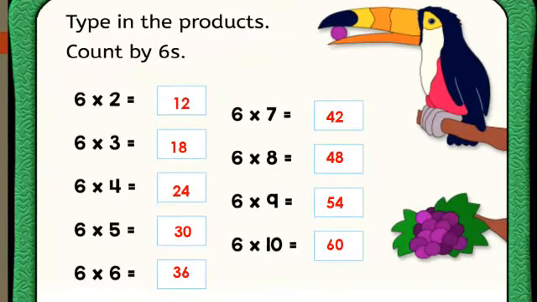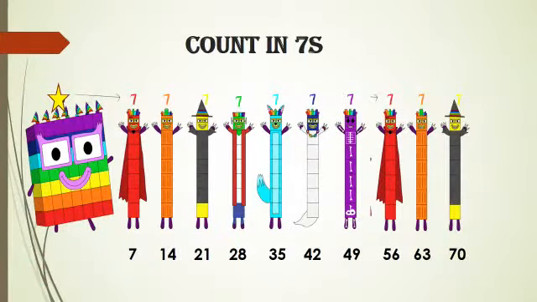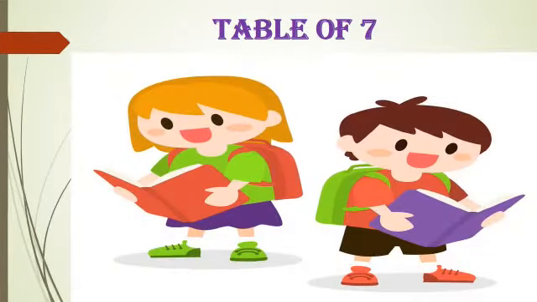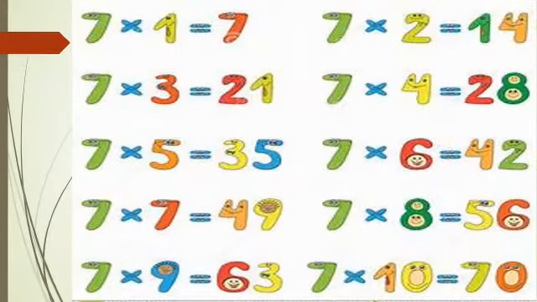Let's have a look at our previous work. Last week, we discussed multiplication. Multiplication can be understood as repeated addition, or in other words, when we multiply two numbers, we add as many copies of one of them. For example, if we have 3 rows of 5 stars, then how can we count them? 3 fives are 15. Yes, our product is 15. I hope you have practiced your count in 6 also.